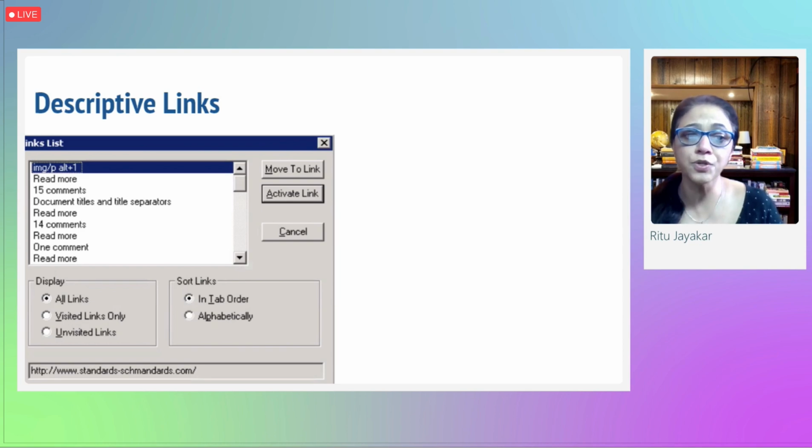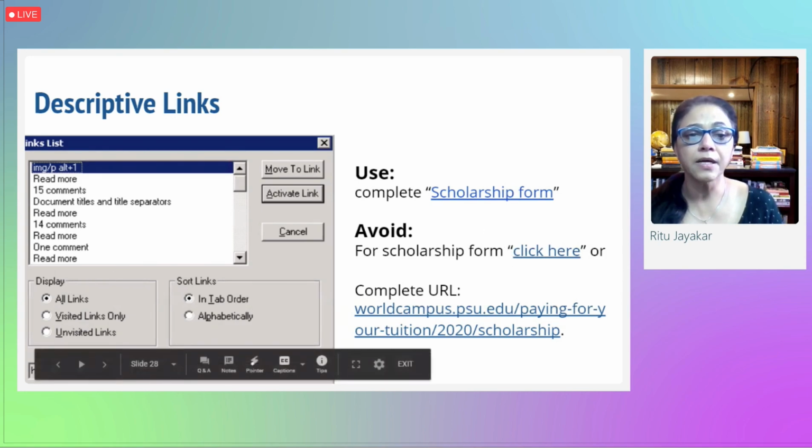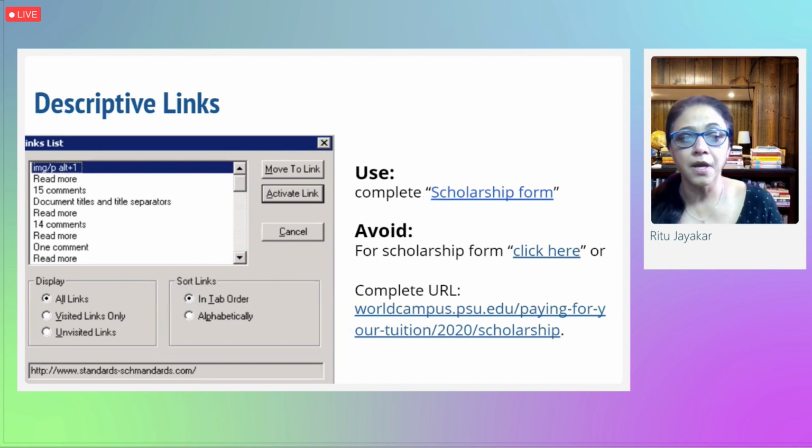It is beneficial on two counts. Visually, if you make "click here" the link instead of "the scholarship form," users would not know the purpose of the link. So avoid linking content that is not related to the link. Secondly, screen readers use keyboard shortcuts to pop up a link list window.